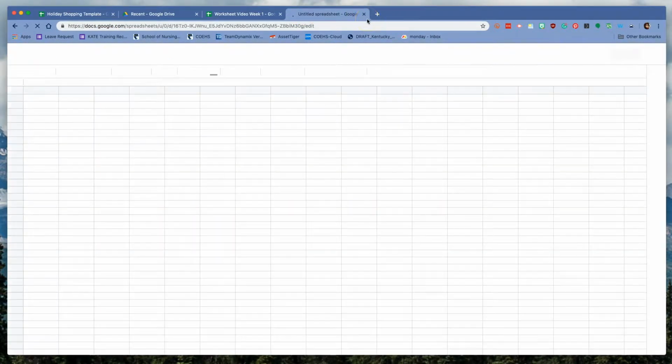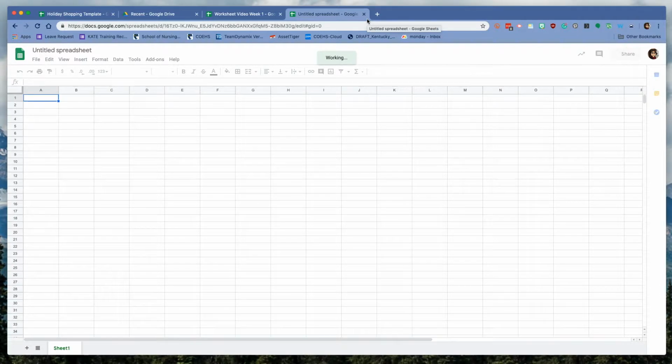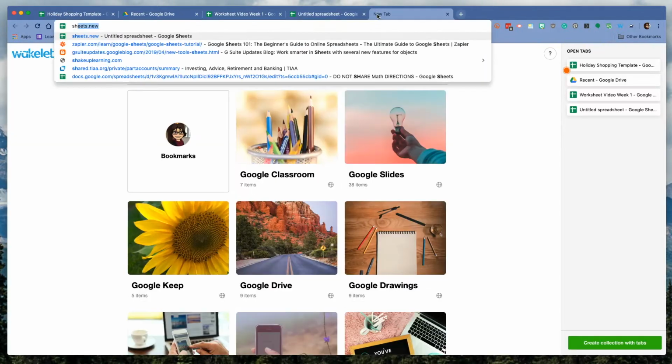I can do the same thing with slides, forms, and docs. I can type docs.new, forms.new, or slides.new, and it will create a new file for me. The last way to do it is to type